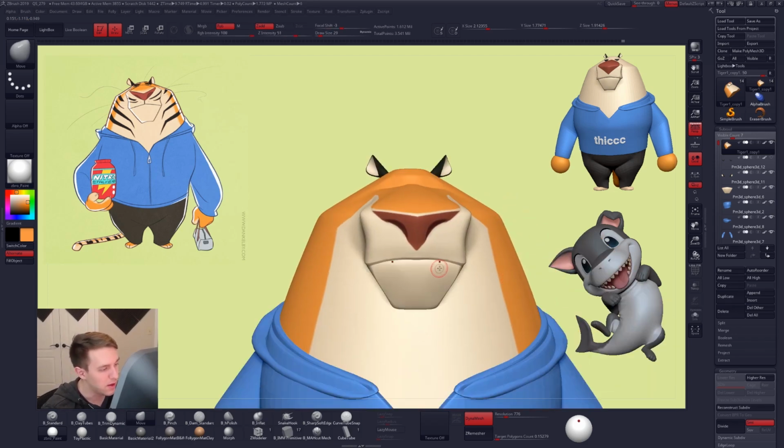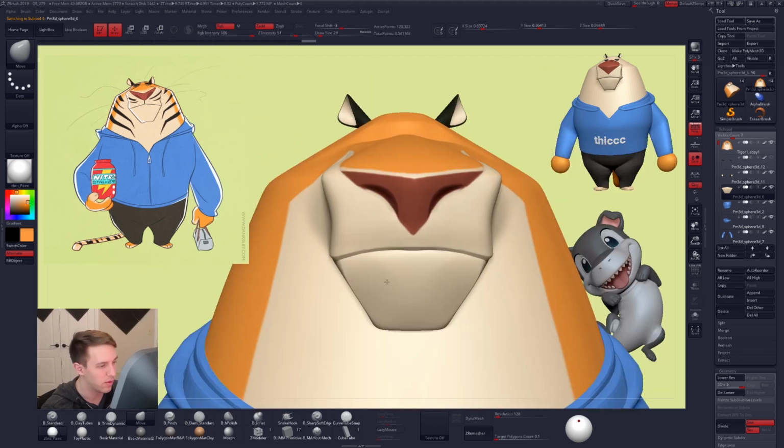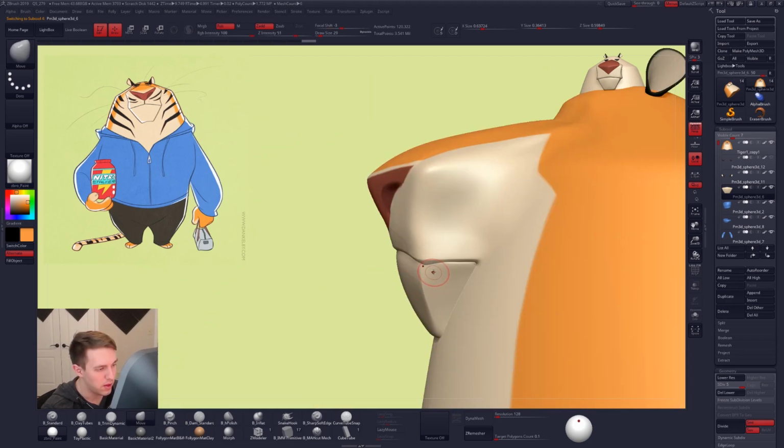Alright, so it's a little bit messy, but I'm going to leave it for now and we can continue on with the rest of this. I'm thinking that...